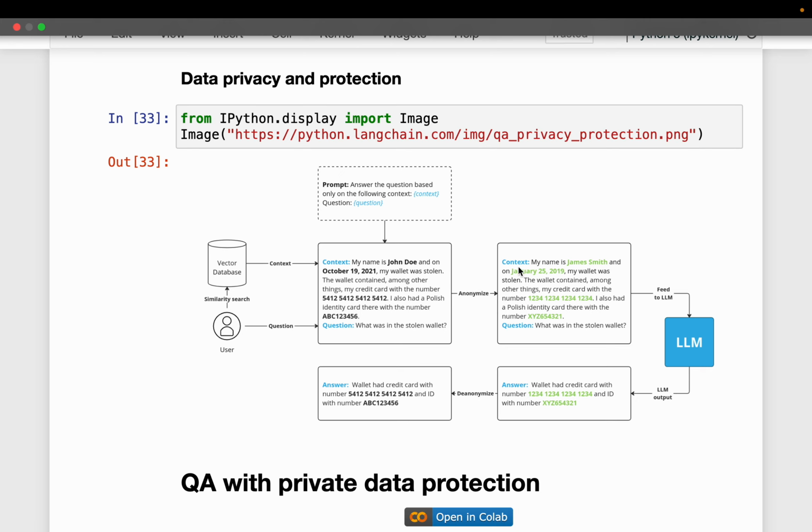We anonymize PII from the given context and replace it with some dummy data before sending the context to the LLM. And once the LLM returns the output, we do the de-anonymization so that we get the correct answer using the correct data. Okay, so that's what we are going to do.